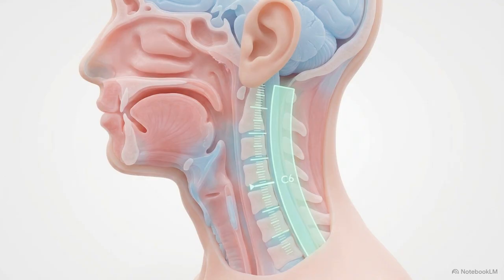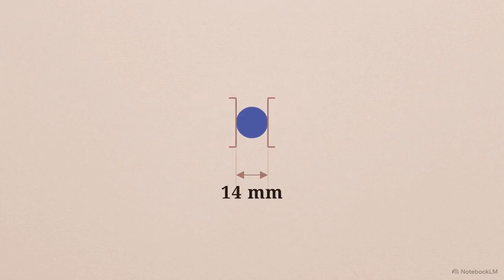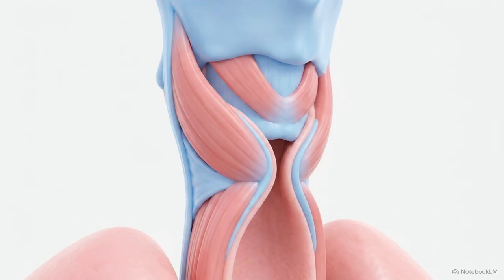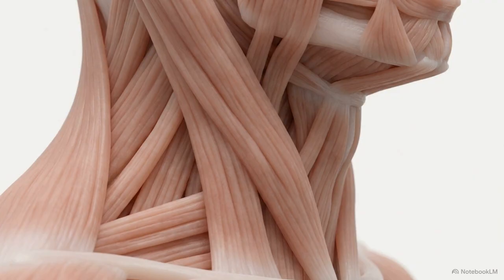The descent begins 15 centimeters from the upper incisors at the level of C6. This is the first anatomical constriction, and with a diameter of only 14 millimeters, it is the narrowest point of the entire GI tract. This bottleneck forms the upper esophageal sphincter. It acts as both an anatomical and physiological barrier, constructed from the oblique and horizontal fibers of the inferior constrictor